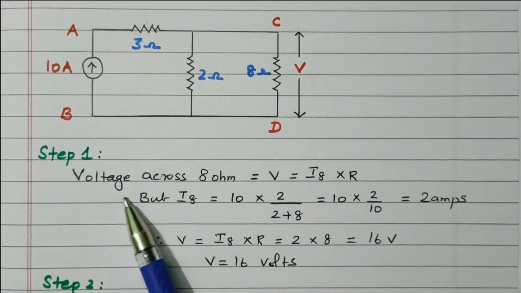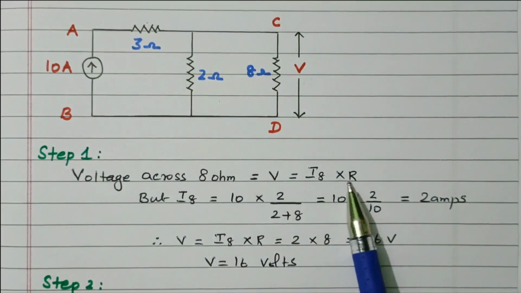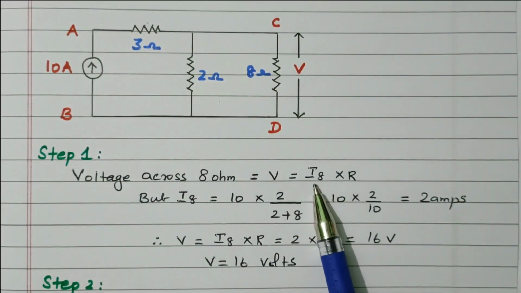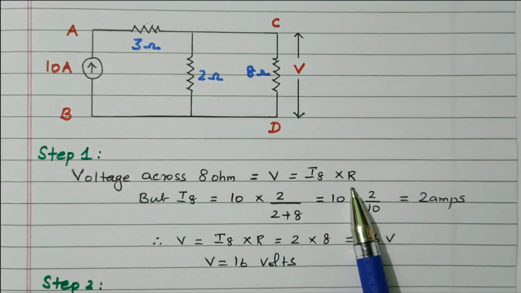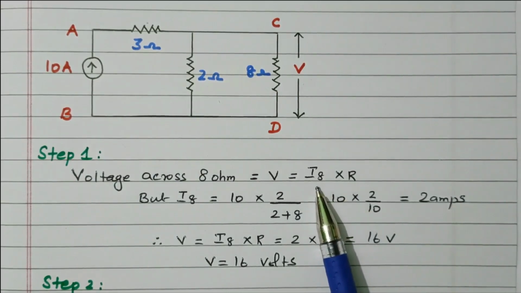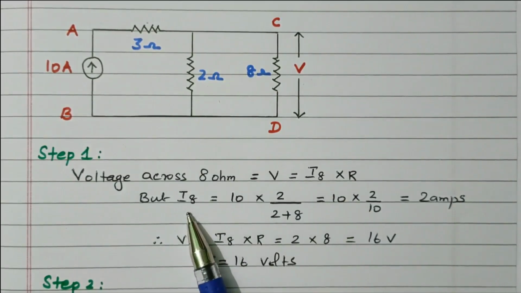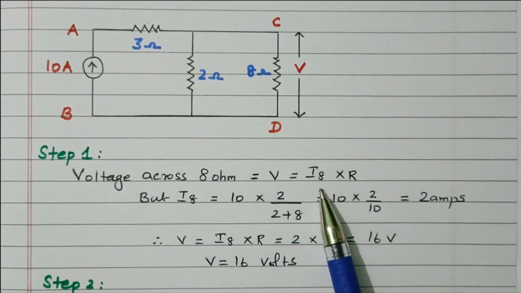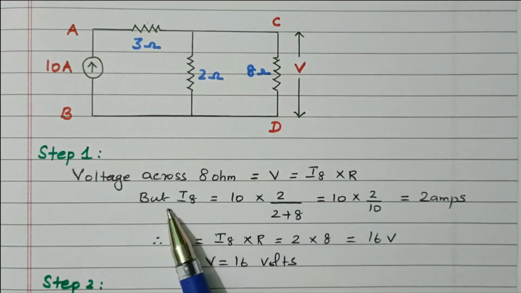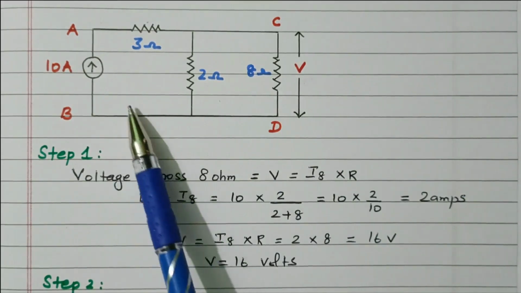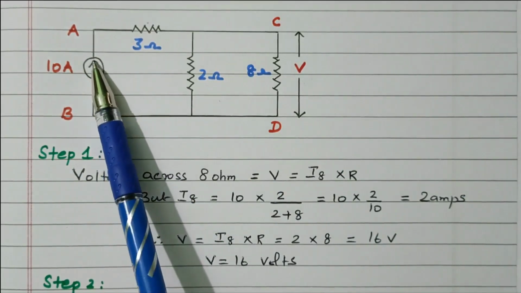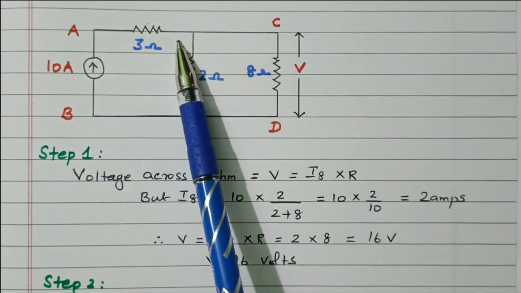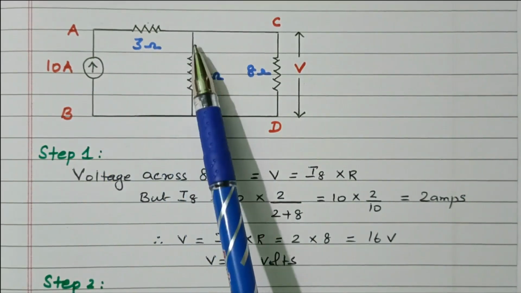The voltage across the 8 ohm resistor, V equal to I into R, the current flowing through the 8 ohm resistor into the resistor value. What is the current flowing through the 8 ohm resistor, I8? We know the R value is 8 ohm, but we need to find the I value. What is the I value? In this diagram the 10 ampere is flowing through the 3 ohm resistor. At this point the current is diverted